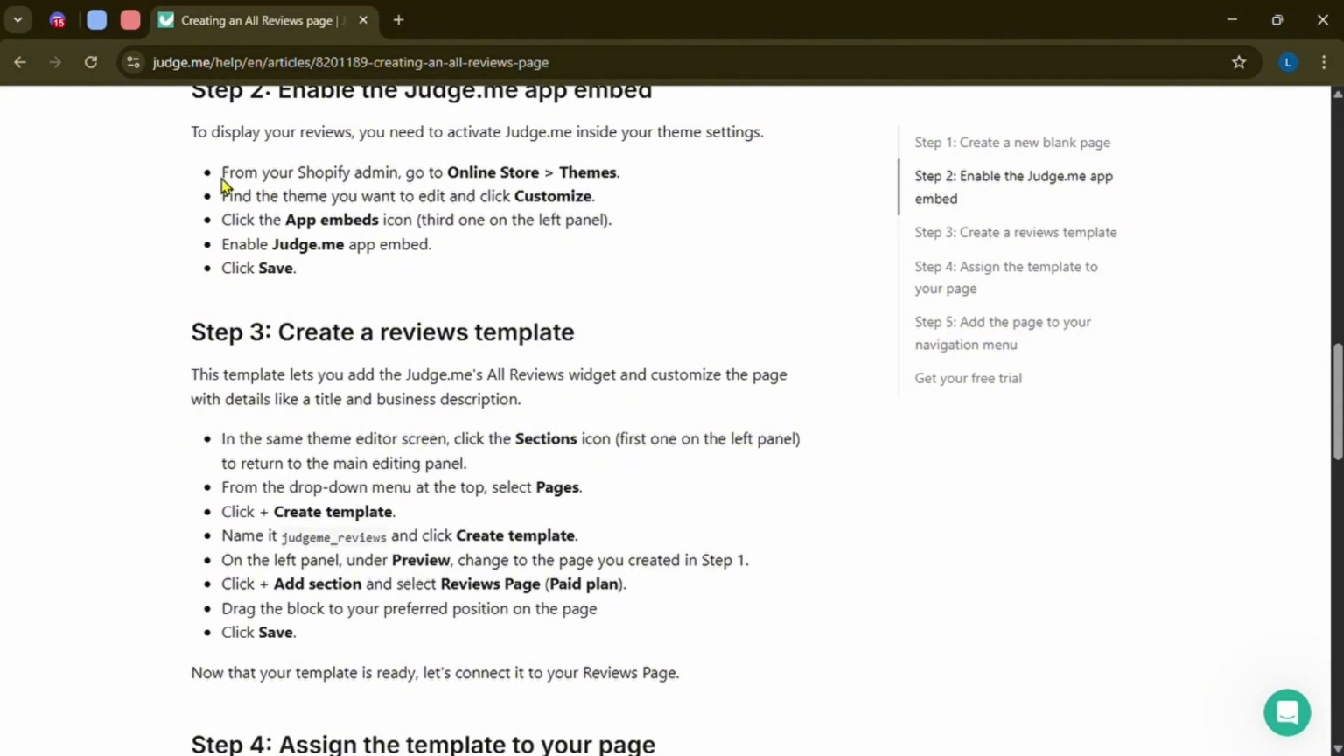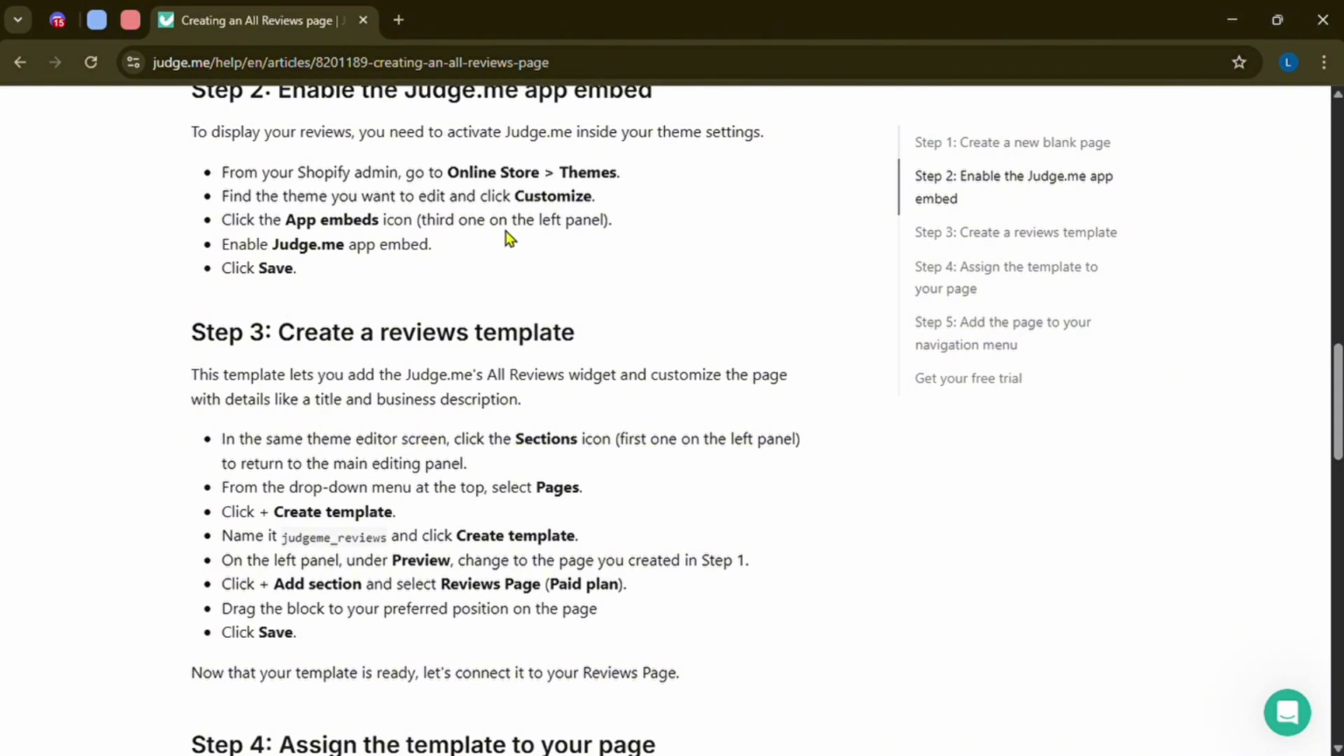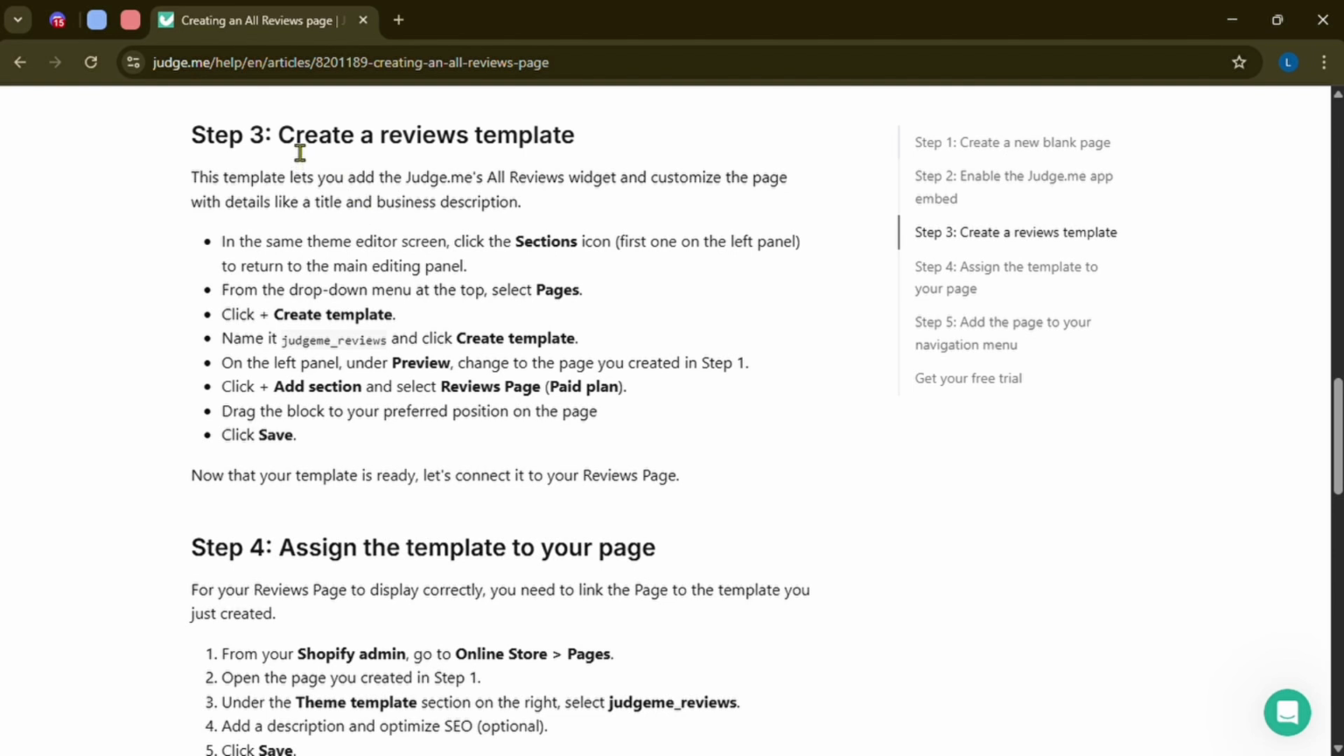For that, from your Shopify admin, go to Online Store, then Themes, then find the theme you want to edit and click Customize. Click the app embeds icon, third one on the left panel, then click Judge.me app embed. Then click on Save. To create a review template,